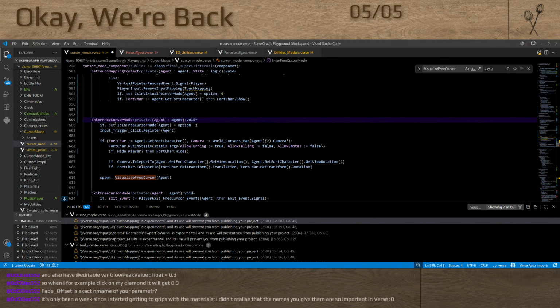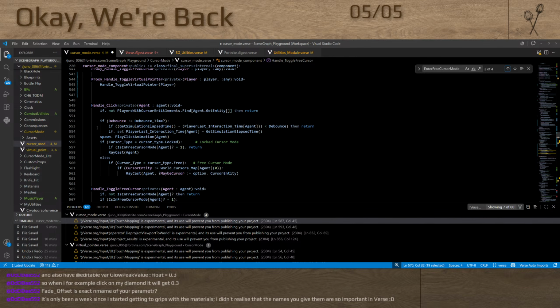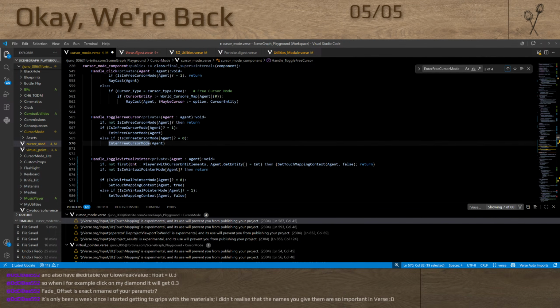Virtual pointer, enter free cursor mode. This is not the toggle. This just will, yeah, so toggle will exit. And then that's the enter, so that's fine. But for the virtual cursor though,